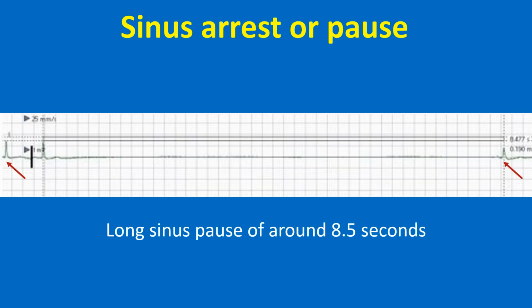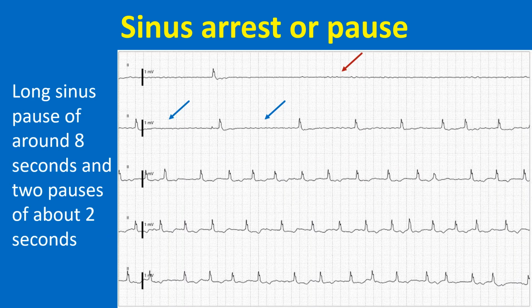ECG rhythm strip documenting a long sinus pause of around 8.5 seconds. Such long pauses are a manifestation of sick sinus syndrome. Central monitor record capturing a long pause of about 8 seconds and two pauses of around 2 seconds. The underlying rhythm is atrial fibrillation as no P waves are seen and there is some QRS widening with a